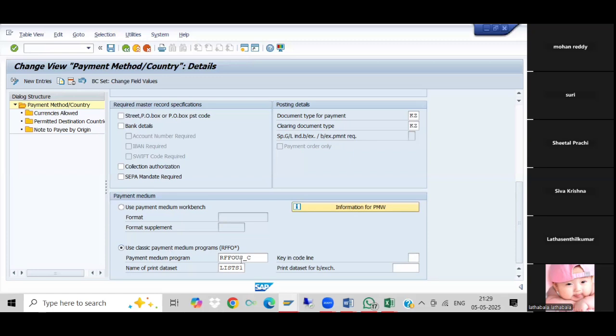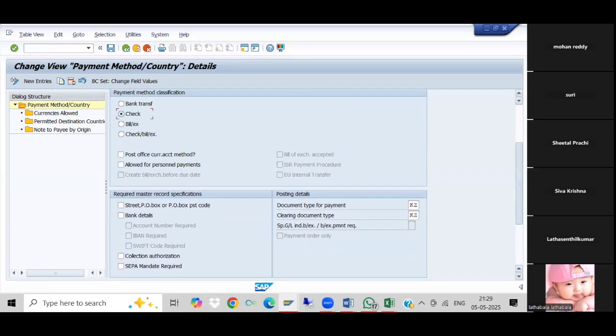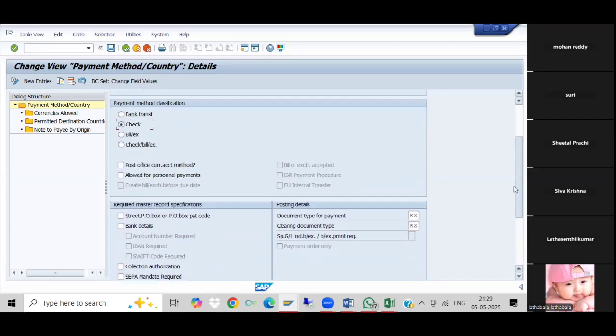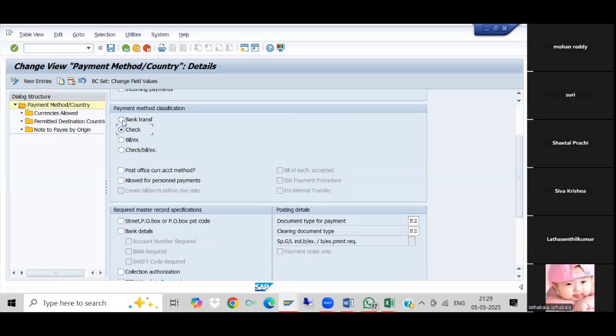So we need to mention here the name of the print data set also. We just need to copy and paste it there because it is provided by the SAP generated system. As per the client requirement we need to do that. And because we are paying by check, if it is available for the bank transfer, so